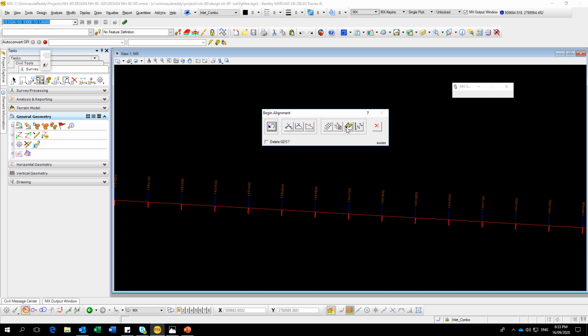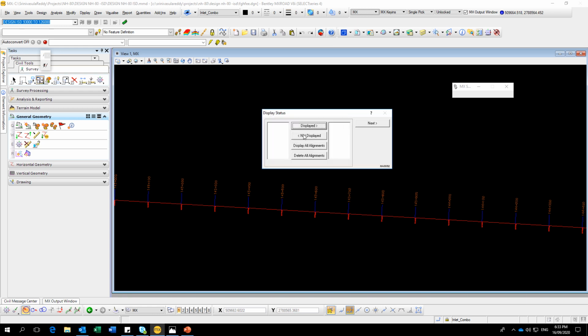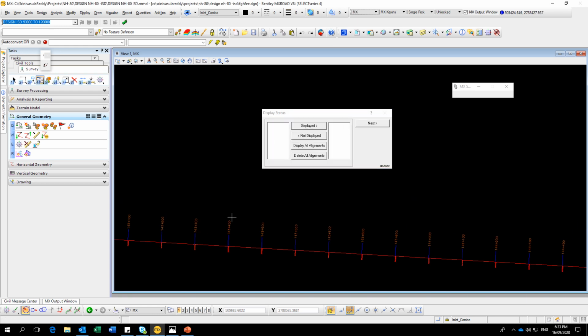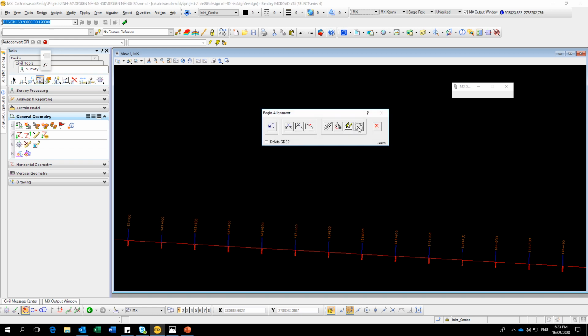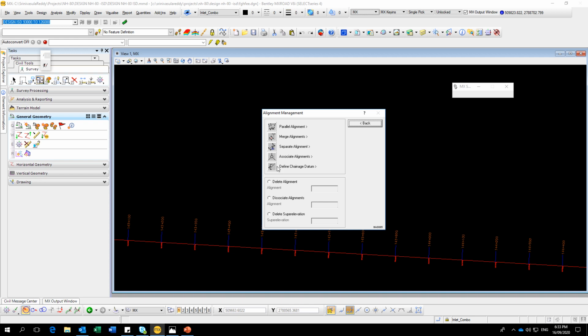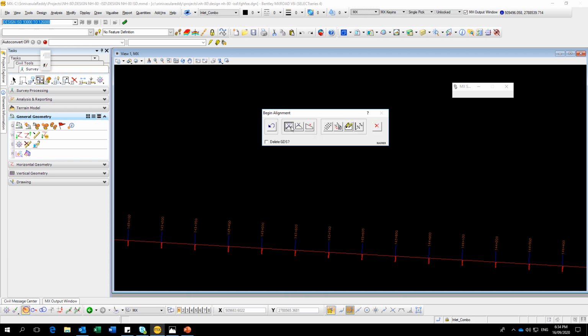Then you can use display management, meaning if you have multiple strings in a single model, you can manage them with this display option. You can also manage the alignment, if you want to delete or create a parallel alignment, you can use that. And if you want to give some specific chainage data, you can use this option. Let's start with this one.